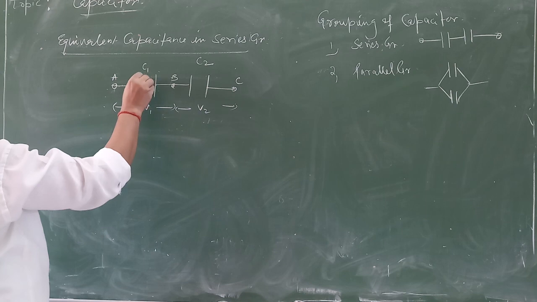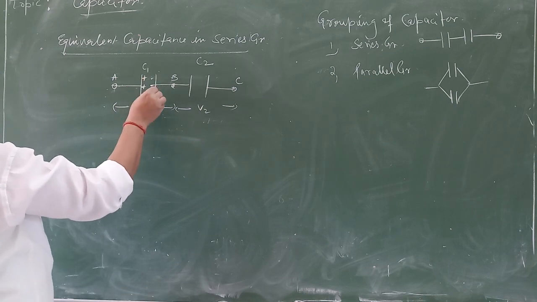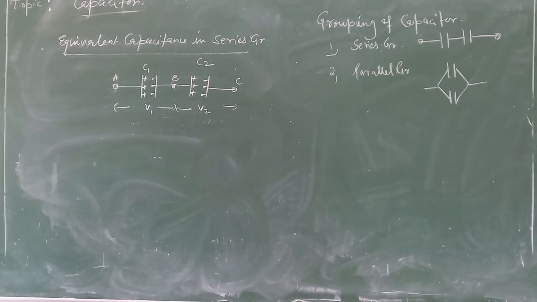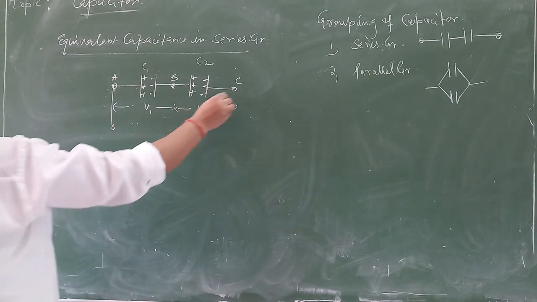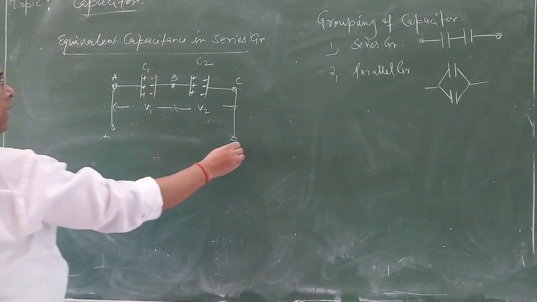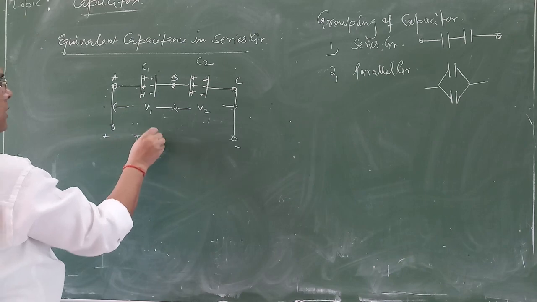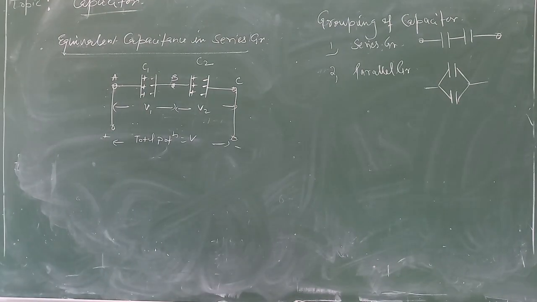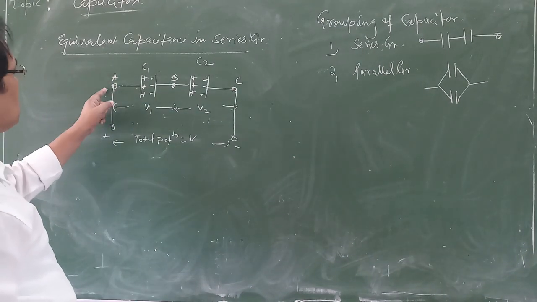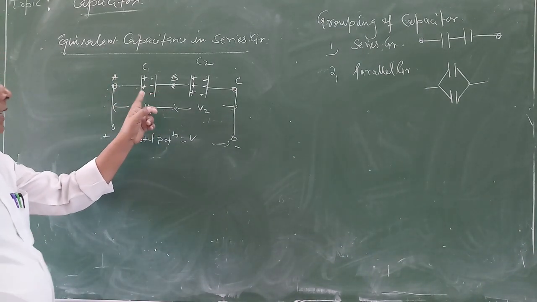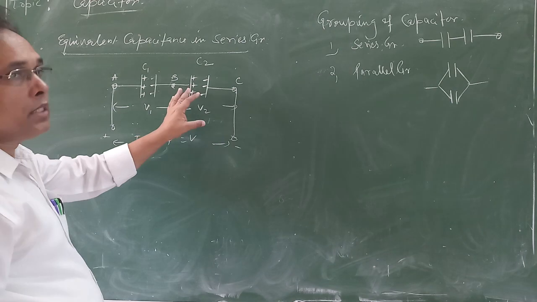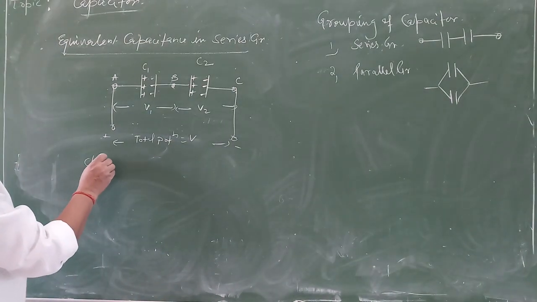So this plate gets positive charge and this plate gets negative charge. Again this plate gets positive charge and this is negatively charged. Suppose this plate is connected to a battery, positive and negative. So this is the total potential, total potential V between the two ends of the grouping of capacitors. Suppose a charge is given to the plate of this capacitor. The same charge will be given to the second capacitor. There is no division of the charges, so here the charge remains constant.